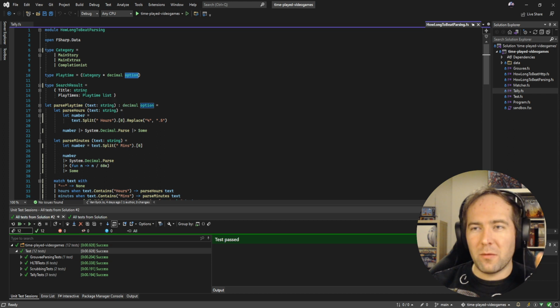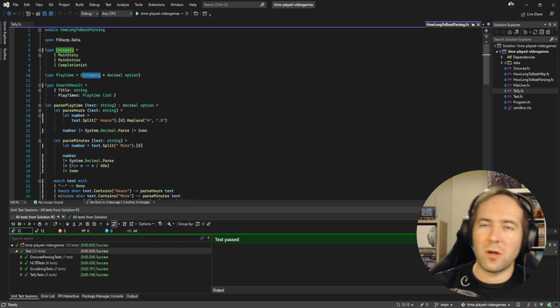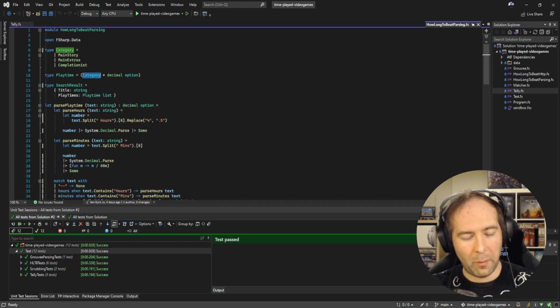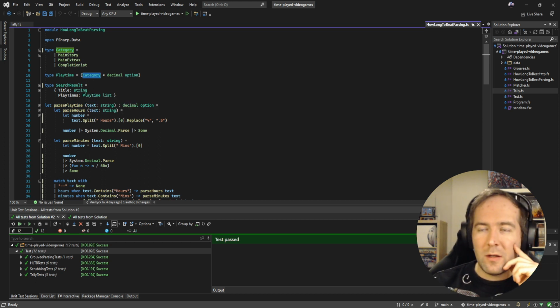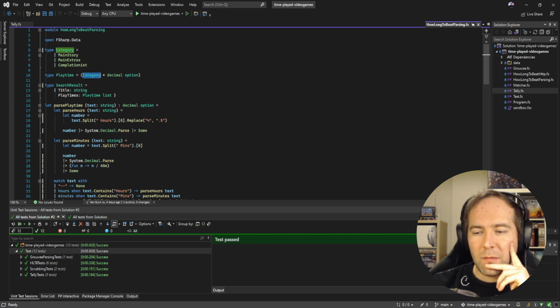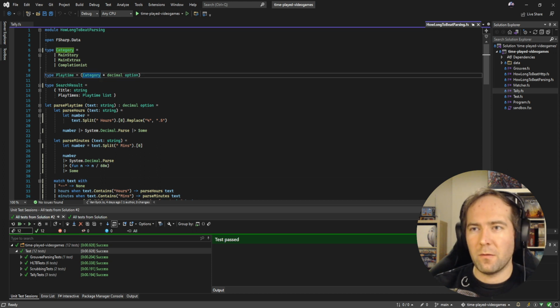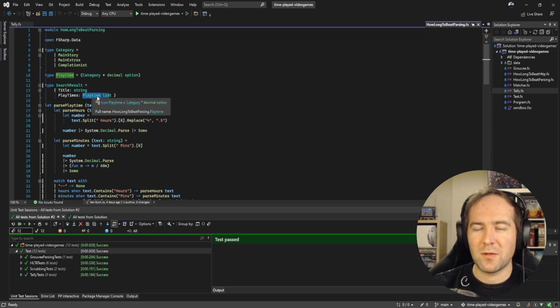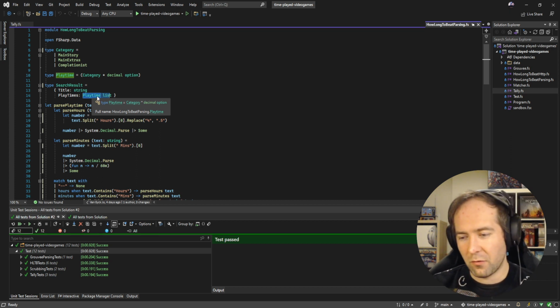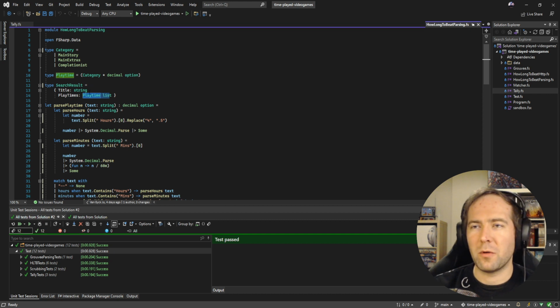What I did not like about the way we modeled this is it's a list of tuples, and every tuple has a category. So it's basically a lookup table, a C# dictionary, or in F#, it's called a map. Maybe one of the small refactors I want to do today is refactor this from a list to something else. I'm still on the fence between using a lookup table or a record type. I think I might want to go for a record type, because if you go to tally, that's the code we just wrote,